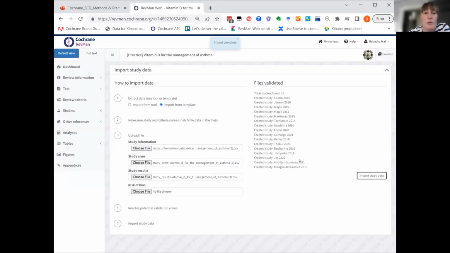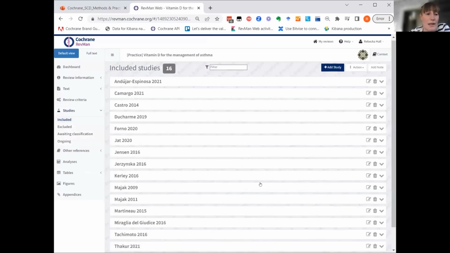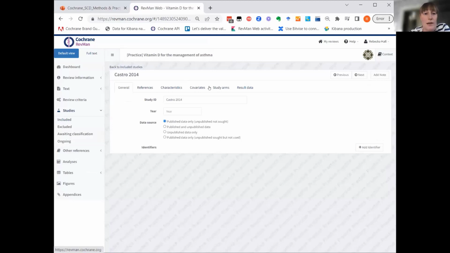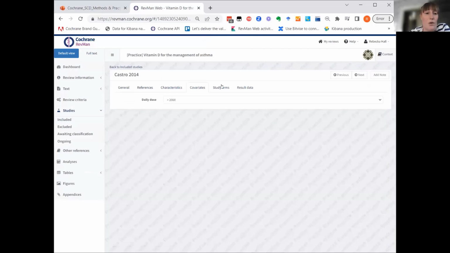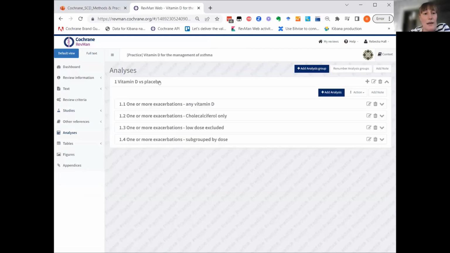And with that, we have created a few new studies and added data to them. So we can see here, if we go to the included studies, you'll see a list of studies, and looking at them, you can see that we have study arms, result data, and covariates all imported in a very short period of time. So that's exciting, but let's go to the analysis and see what's really great, because we've